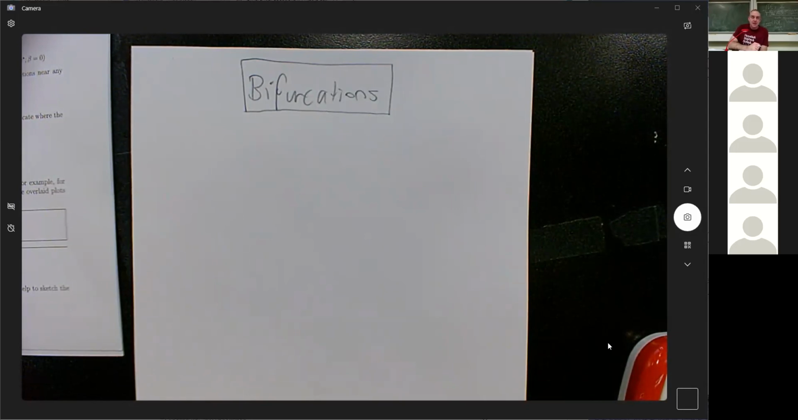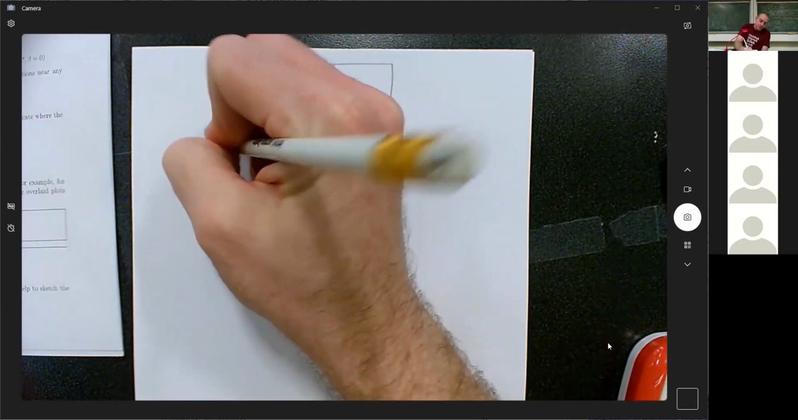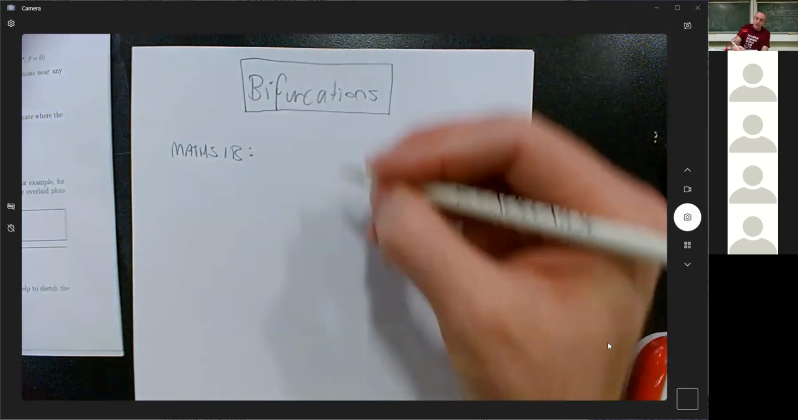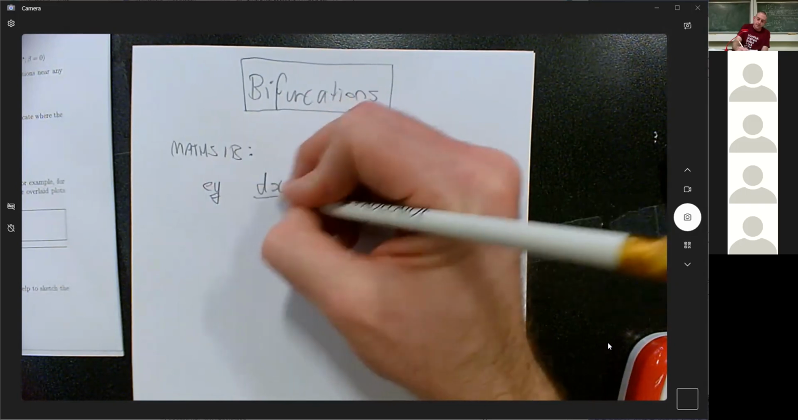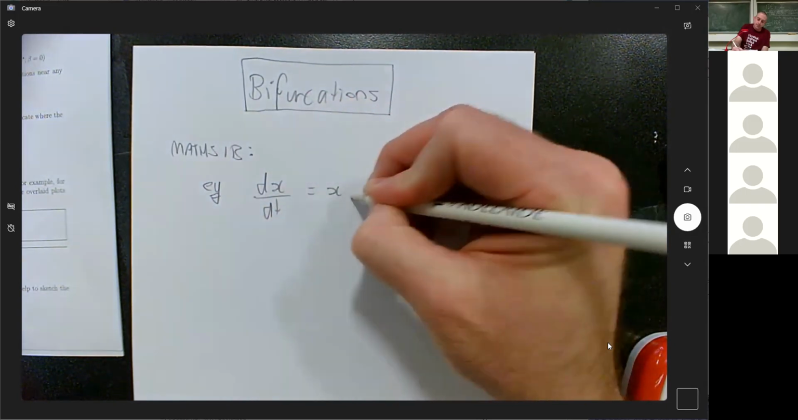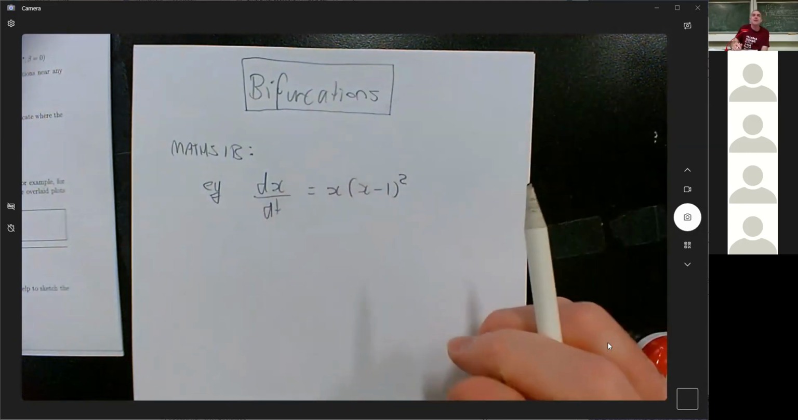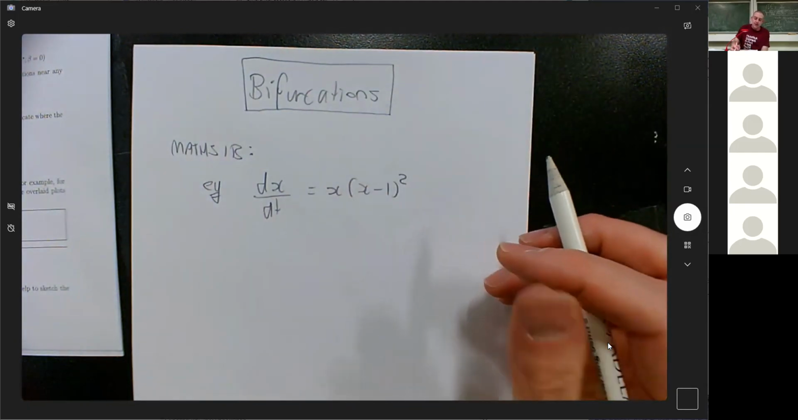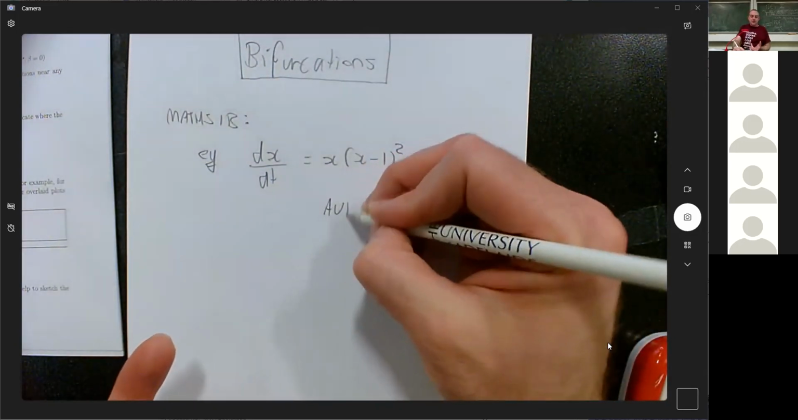Back in Maths 1B, we actually did differential equations that are similar to the ones that are turning up in this area. So in Maths 1B, you did things like something like that. And this is called an autonomous differential equation